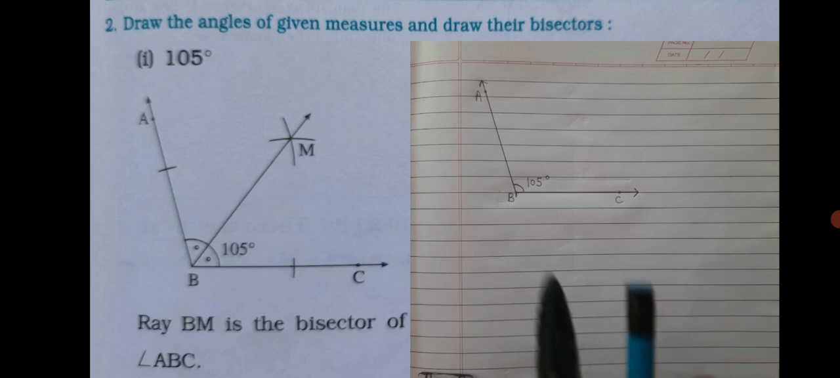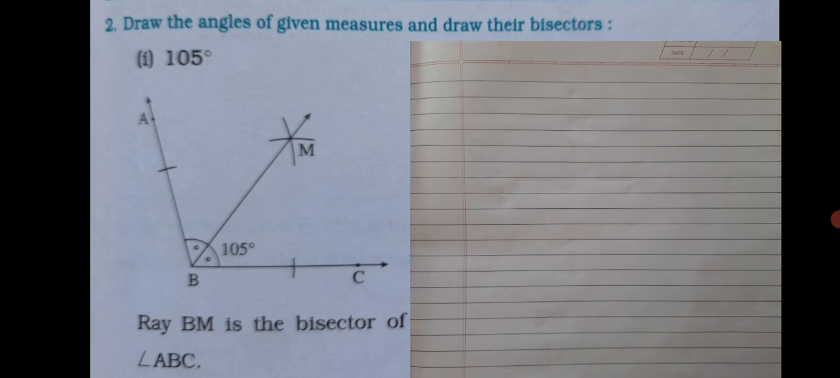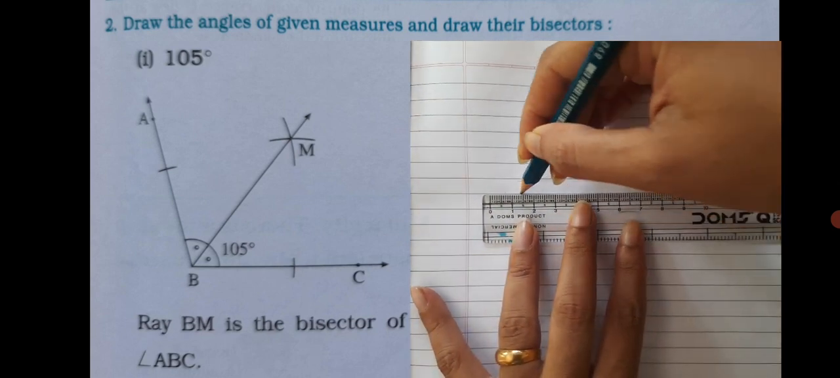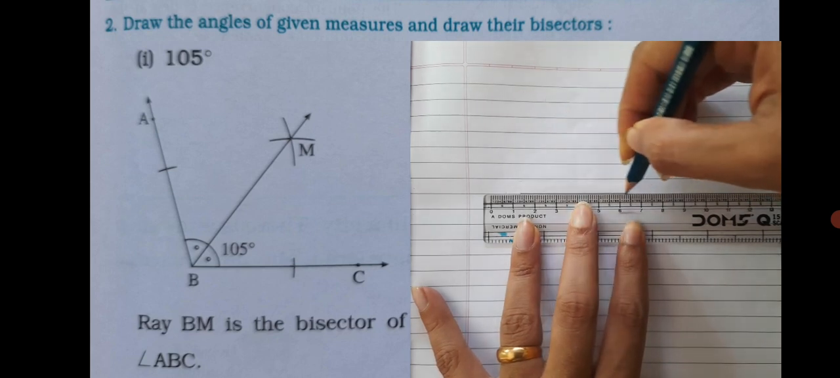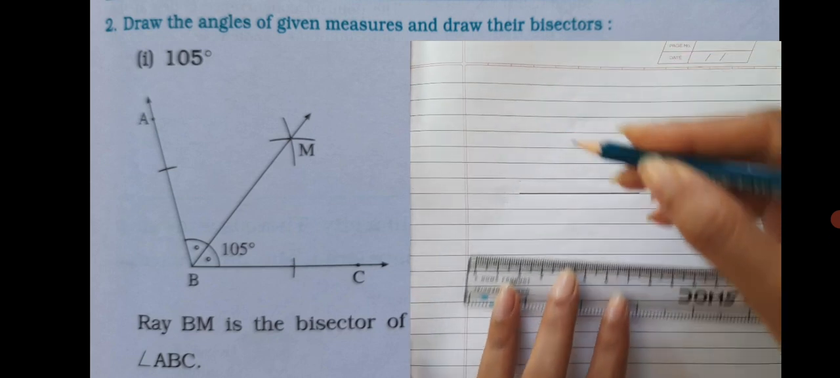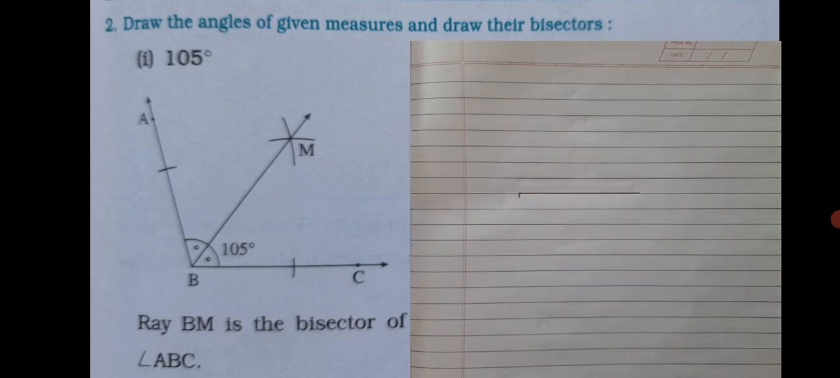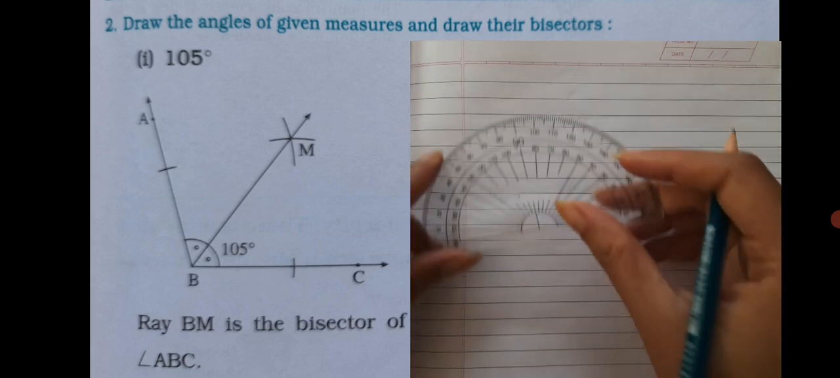Question number 2. Draw the angles of given measure and draw their bisectors. So now you already know how to draw an angle. Let's start by drawing an angle of the given measure. The first measurement that is given to us is 105 degree. So first draw one line, mark the end as an arrow,